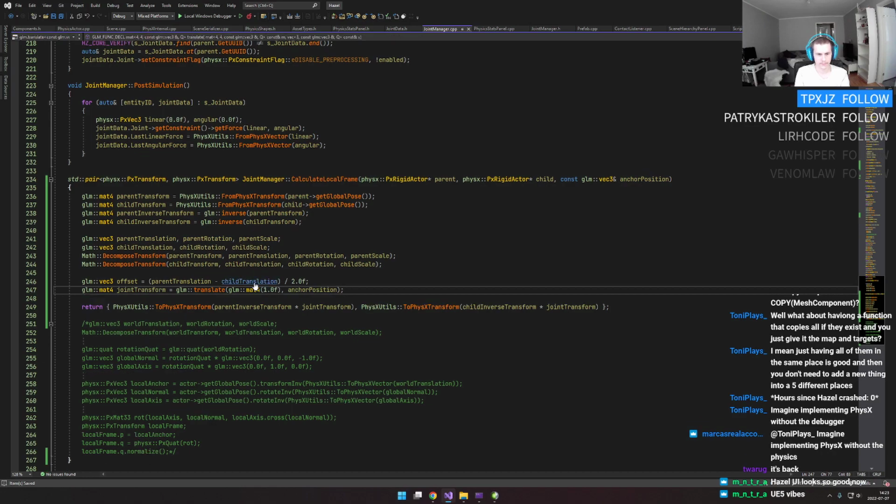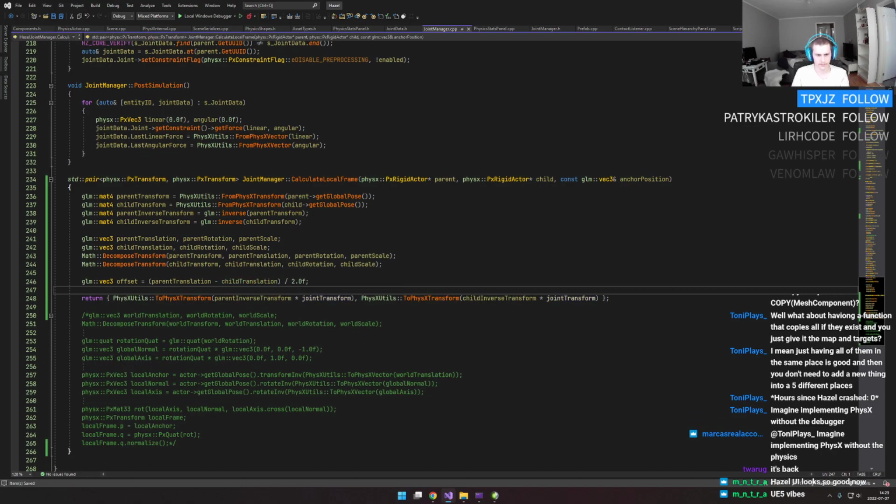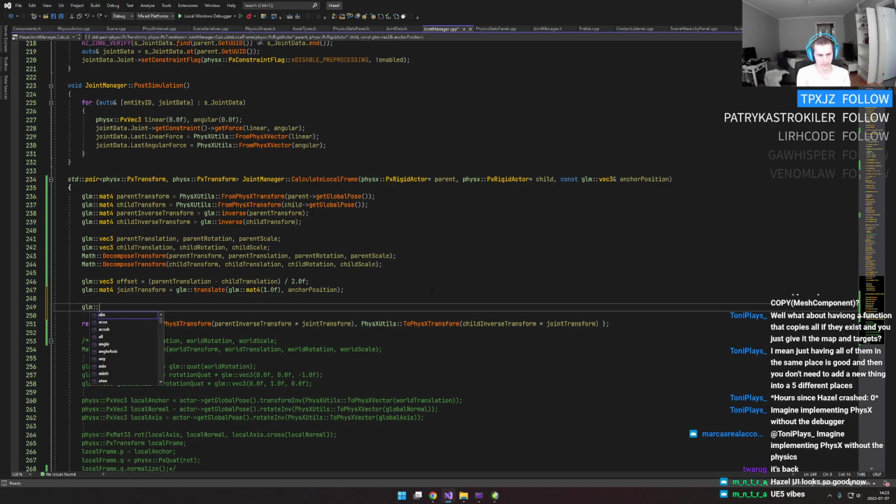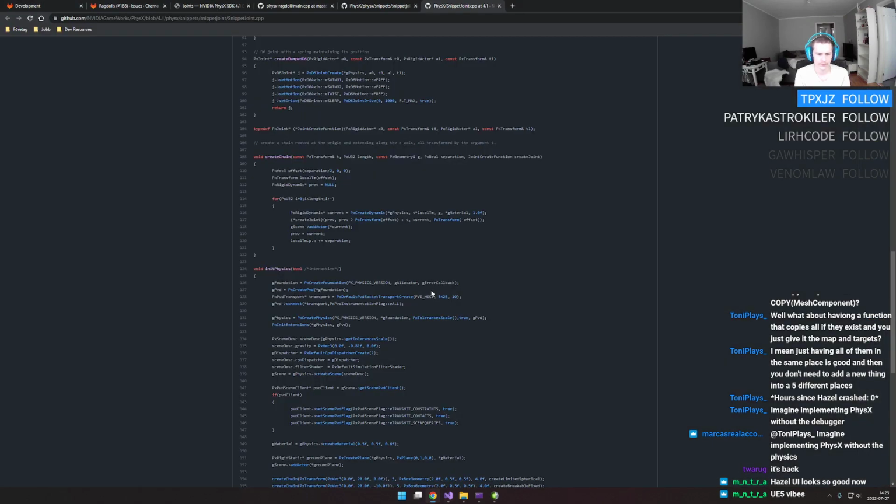And for match for local frame, which needs, yeah, we do the parent inverse transform multiplied by